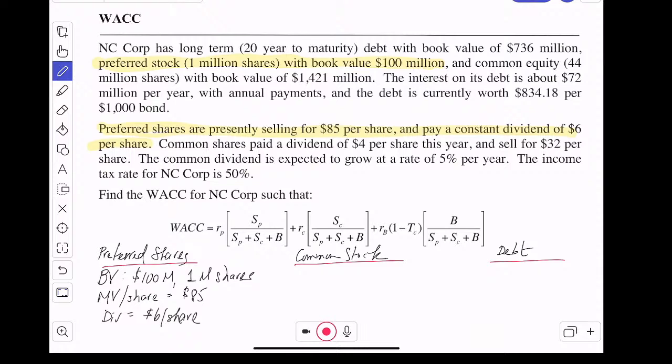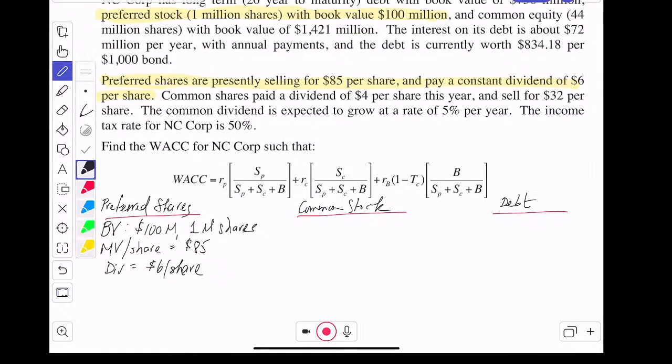So since we know the price for a constant dividend, a constant dividend indefinitely,